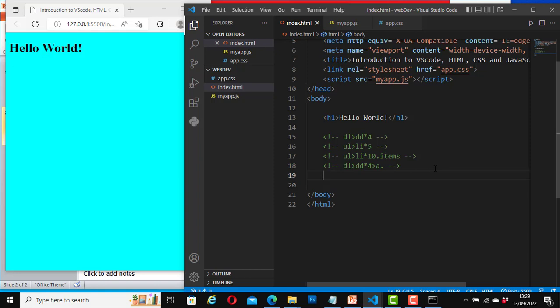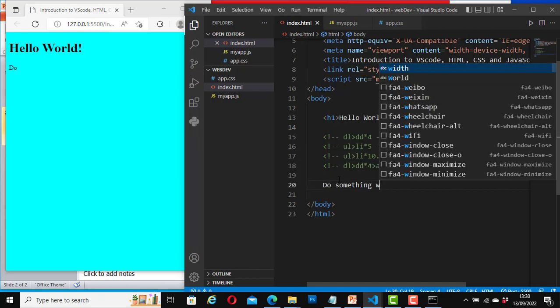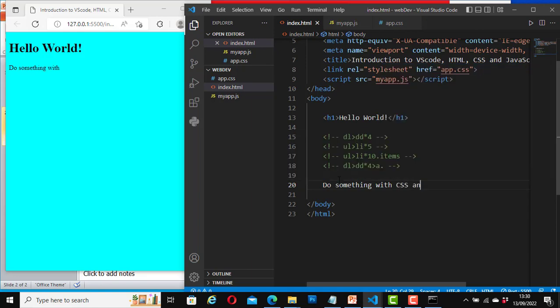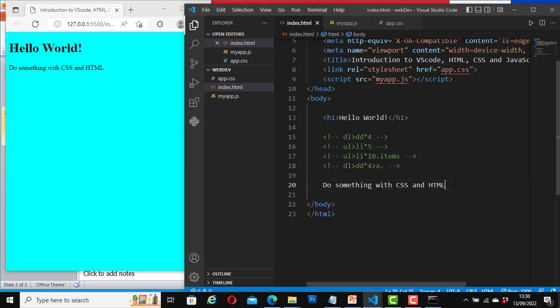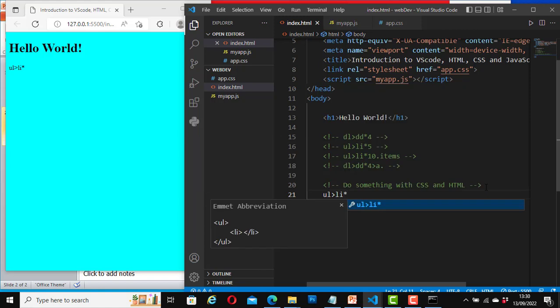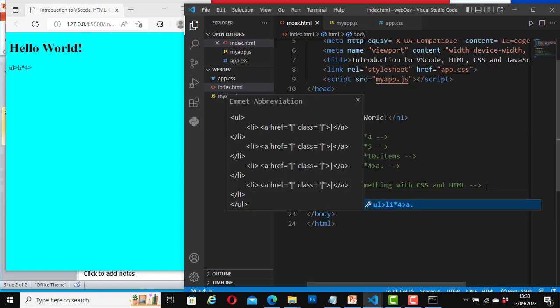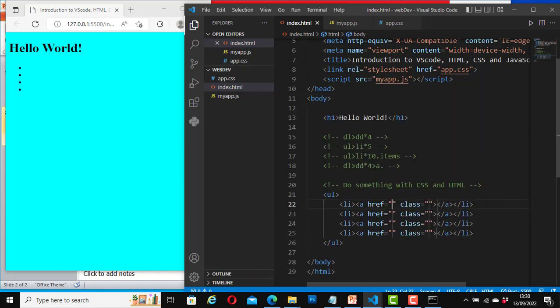We can also do something for both HTML and CSS here. See here, do something with CSS and HTML. Turn it to a comment. Okay, in this case I'll say UL, LI, asterisk 4, right angle bracket, A, dot. Hit enter. So now we have listed items for, let's quickly add something here,